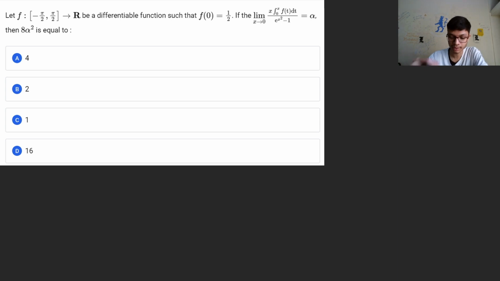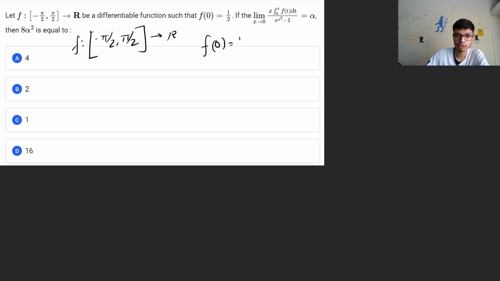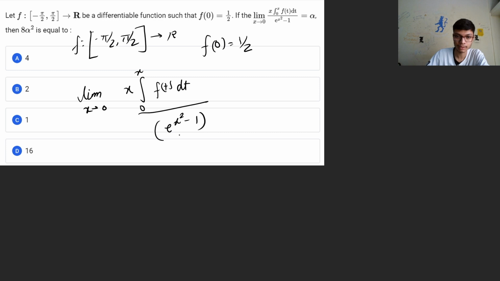So the next problem is another problem which basically involves limits, and it is saying that there is a function on the domain minus pi by 2 to pi by 2 closed, with codomain the real numbers, which is a differentiable function. It is also said that f of 0 is going to be 1 by 2. Now it is said that the limit x tending to 0 of x into the integral 0 to x f of t dt, whole divided by e to the power x square minus 1,